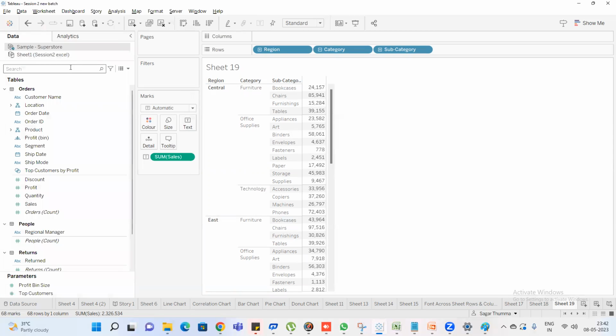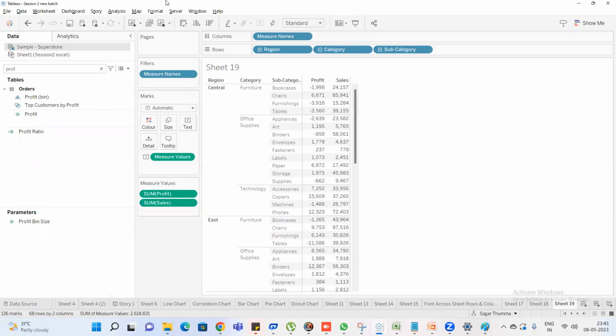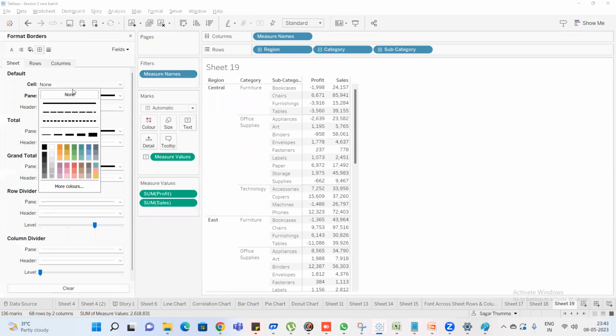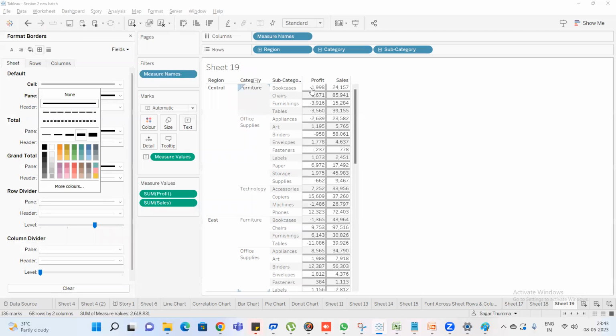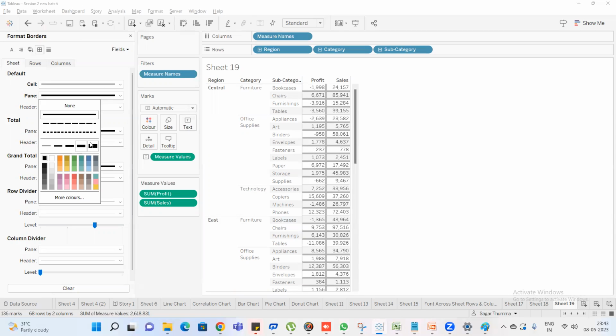I will take one more profit also, and take format and click on borders. Yeah, so it will give you lines across. And when you do pane,